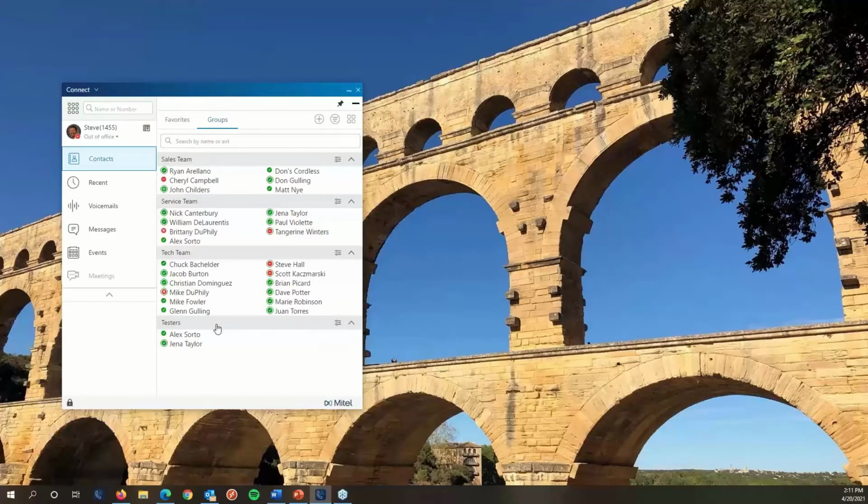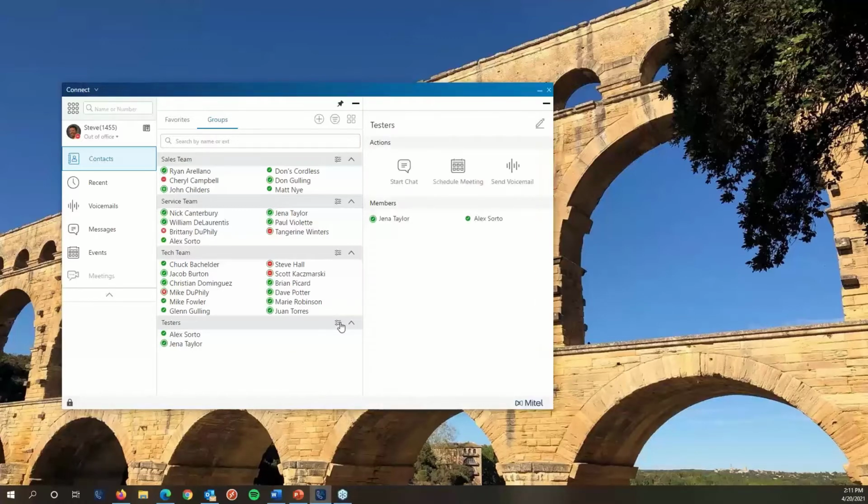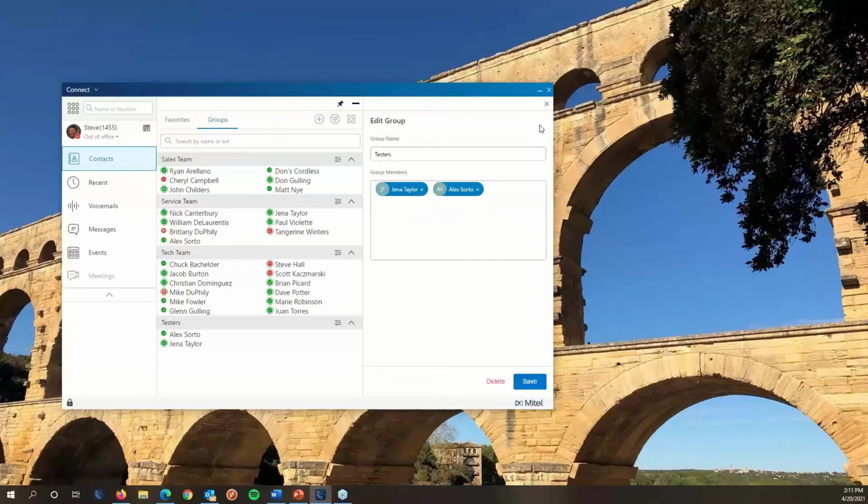I'm going to show you if you have an existing group and you want to make some changes to that group, you can select this icon right here to get the details of the group. There's a few extra things you can do here. You can start a group chat. You can schedule a meeting with the people in the group. You can record and send a voicemail message to the members of that group. But most commonly, the option people are looking for is to edit the group, to add or remove other users